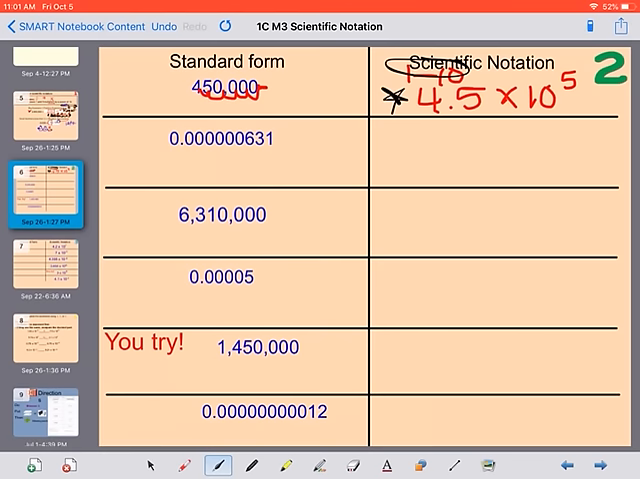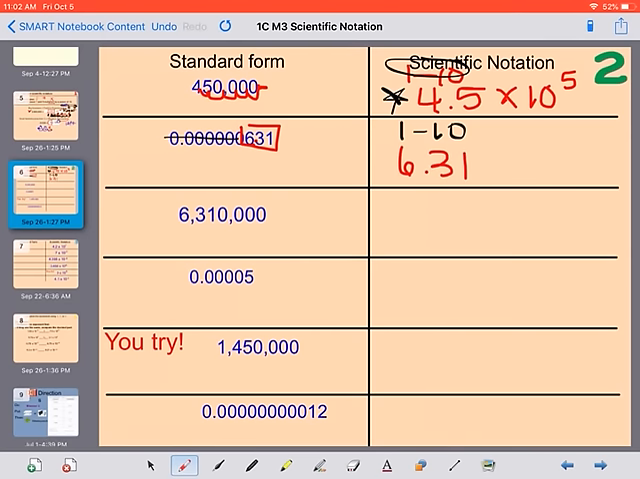Now we have a really small number. If I ignore all the zeros for a minute, I want a number between 1 and 10. Right now I have 631. That's not a number between 1 and 10, so I can't put the decimal there. That's not what I want. If I put it here, we'd have 63.1. I don't want that. So it needs to go between the 6 and the 3. This number right here would be